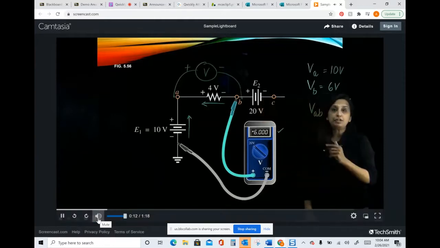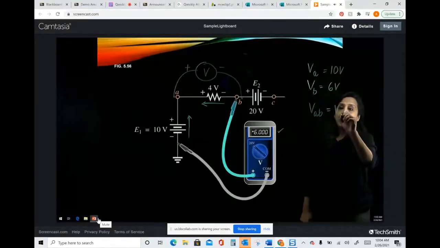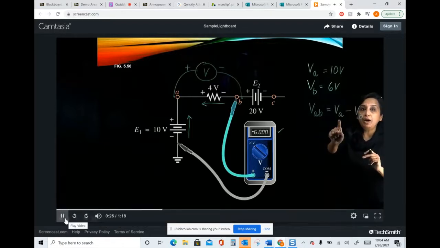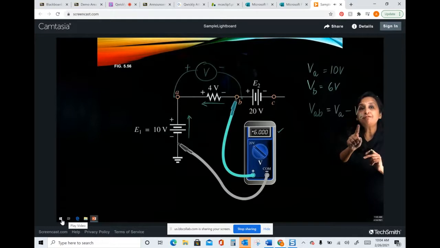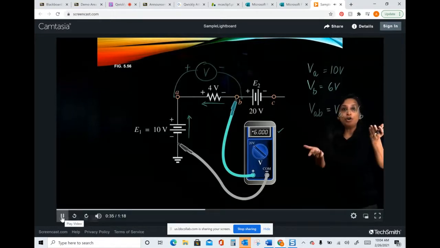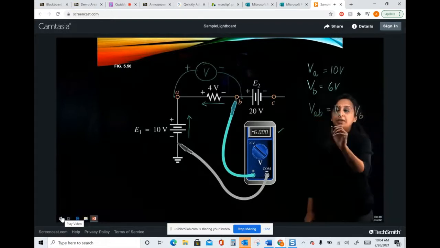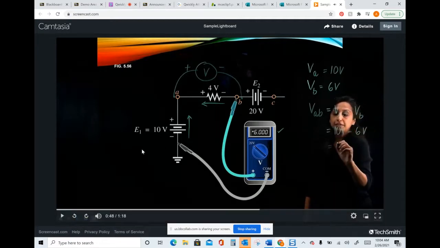Now, from our previous discussion and previous videos, we said VAB can also be calculated as VA minus VB, which essentially means if I know the voltage at point A with respect to ground, and if I know the voltage at point B with respect to ground, I can take the difference between the two, and that gives me the potential difference or voltage difference between the two points mentioned in this double subscript notation. So VA minus VB here gives us 10 volts minus 6 volts, which gives